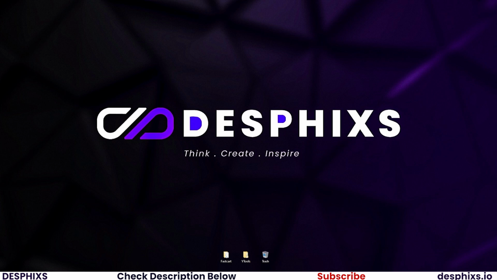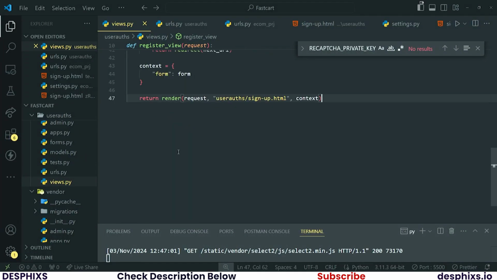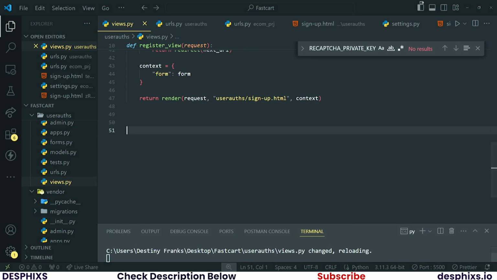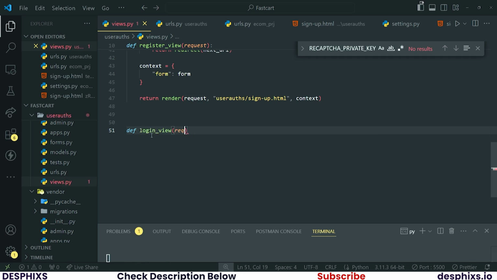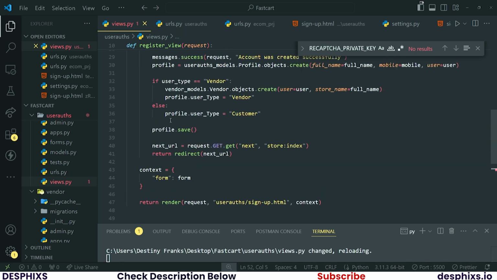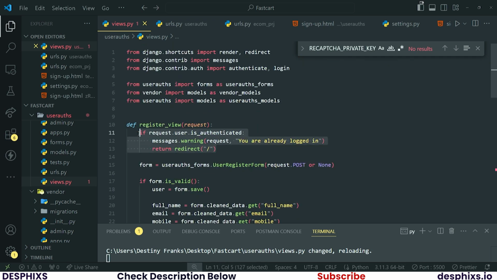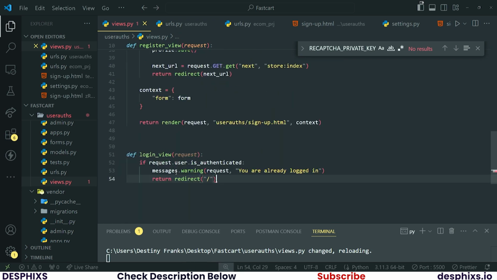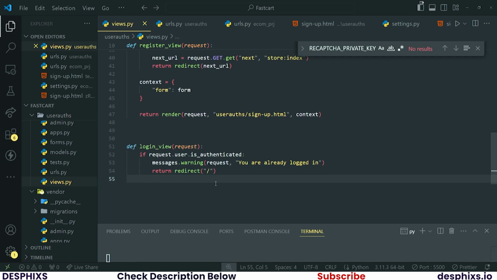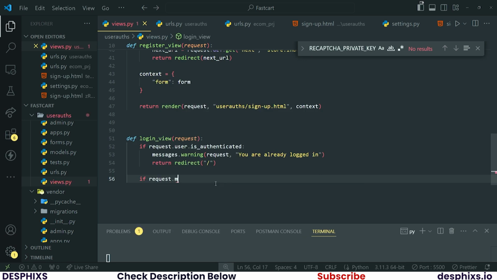The very first thing I will do will be to open up my code editor, and just down here, we'll start off by creating the next function, which will be for the login. So this one is going to be called login_view. And over here, I will pass in request. Oops, that should be a request like that. And we simply want to check for this same thing over here. Now you could go ahead and take that, put it down here, and that's going to show you are already logged in. But if for some reason the user is not logged in, let's check if the request.method is equal